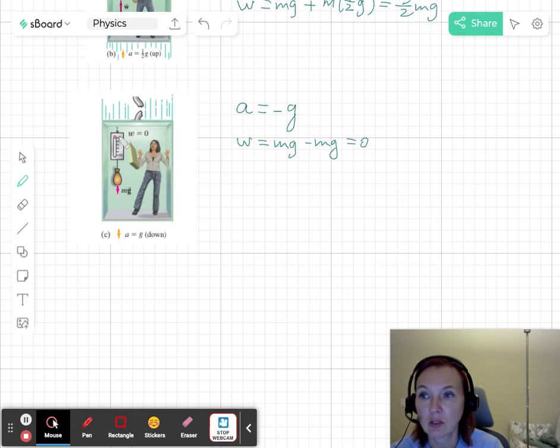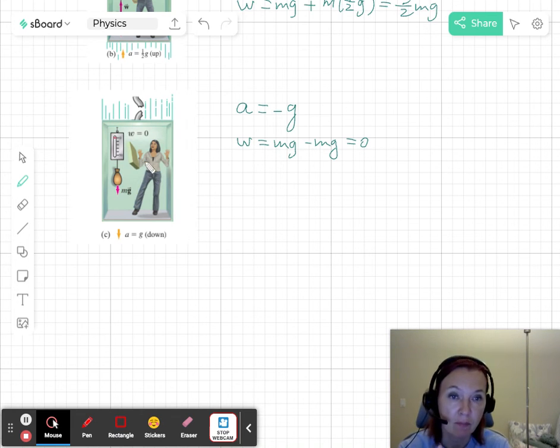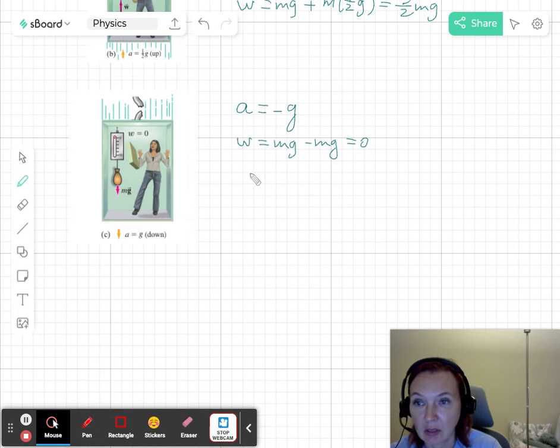So that means, look at this, the scale reads that the weight of the bag is zero, the weight of the lady is zero, and if she lets go of a box, the box is not going to fall, it's going to be floating right in front of the lady. Well, it's falling all right, but the lady is also falling, everything is falling. So within that elevator cabin, it looks like nothing is falling. They will experience weightlessness. We call that apparent weightlessness.